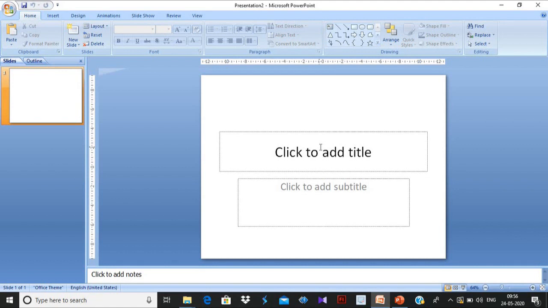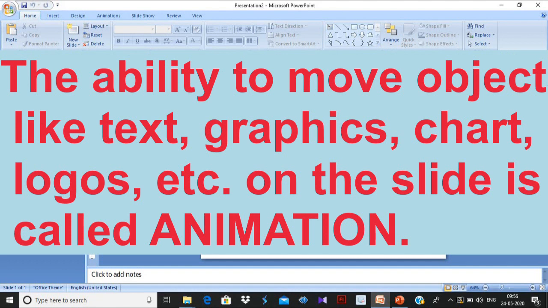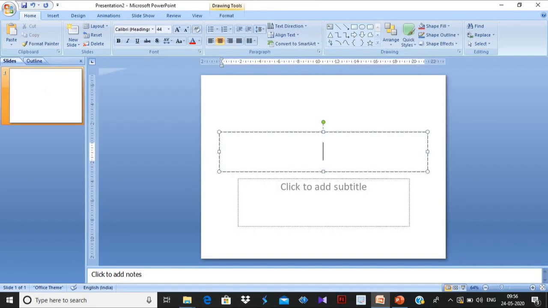First topic is applying animation effects. How we will apply animation effects to any object. First of all, what is animation? Animation means the ability to move any object. An object may be anything. Suppose this word is also an object.